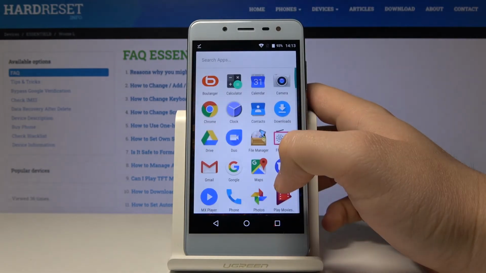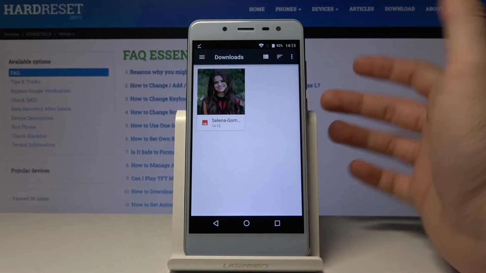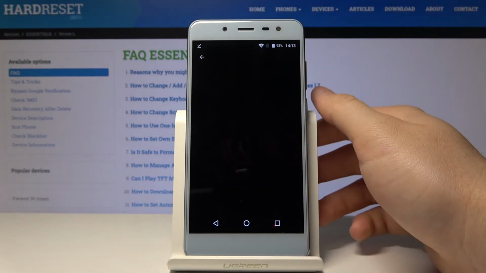Now we are going back to the downloads, and there is the Selena Gomez picture on our